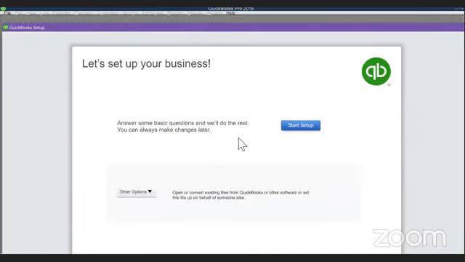and it will start with the basic questions. In this setup, this is where you actually set up your business. For example, whether it's a private limited or a public company, a service sector, IT sector, QuickBooks actually has custom made quite a lot of businesses. Based on that, it will set out your basic requirements, so you can fill it out. So I'll just start it. You just go to start setup.